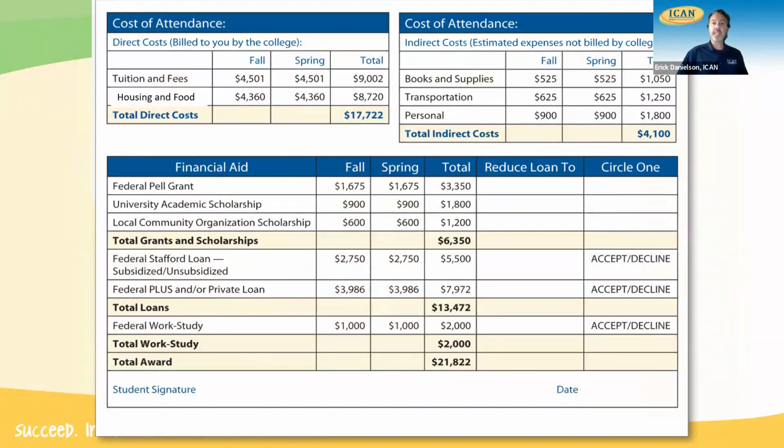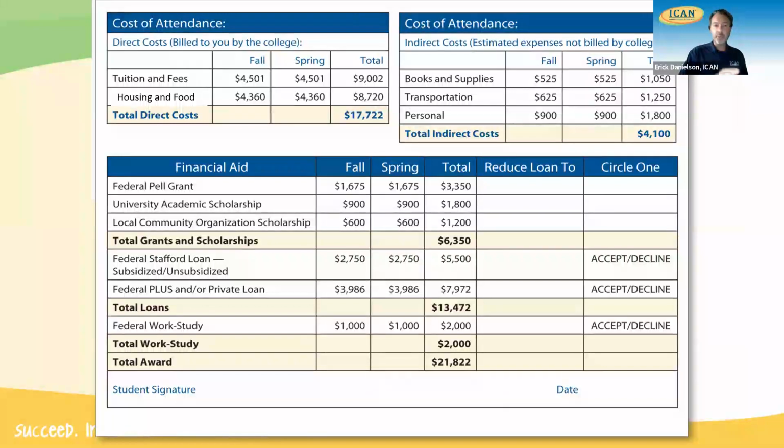On here, we're just giving an example of what it may look like. Every college and university is a little bit different on what the exact financial aid offer will look like, but a lot of them are going to spell out what their direct costs are going to be, the tuition, fees, and the housing and food, as well as the books, supplies, transportation, and personal expenses that are on there. And one thing I want to point out with those indirect costs, that isn't anything that's going to be billable. Yes, there will be books each semester, but it's not billed right away because that varies from student to student, depending on what classes they're going to end up taking. What will be billable directly is the tuition and fees, and then if a student's living on campus, the housing and food on there as well.